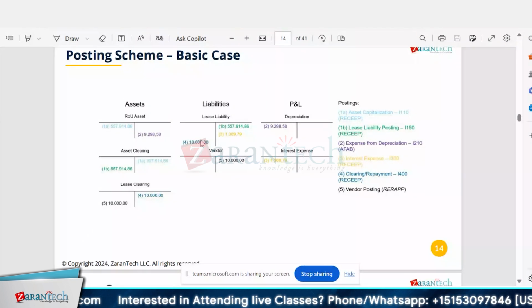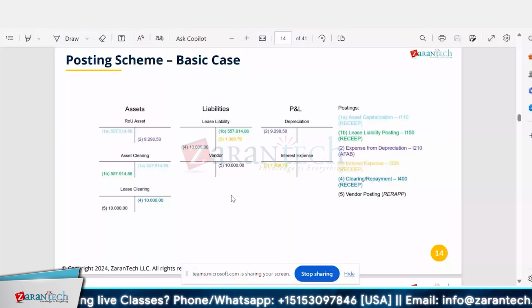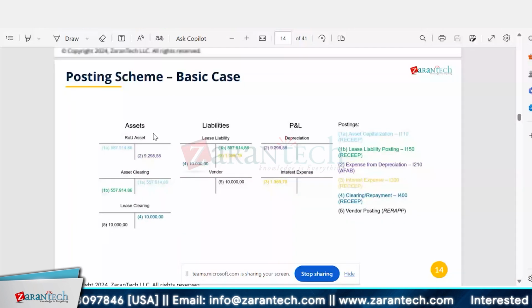So lease clearing is nothing but this entry and this entry. In the slide they have not used the accumulated depreciation, right? Yeah, in the slide they have not given it, but it should be your accumulated depreciation. Reason being, now let's say if I have posted directly to the asset, rather than using the accumulated depreciation account, then